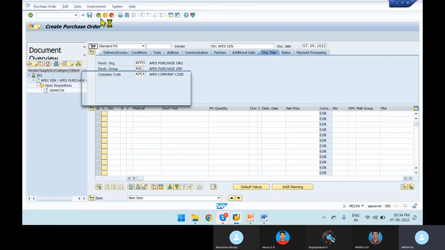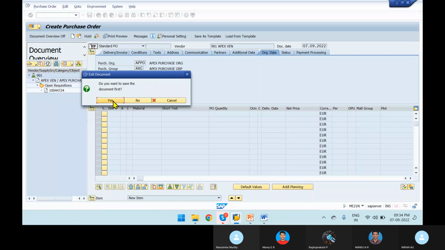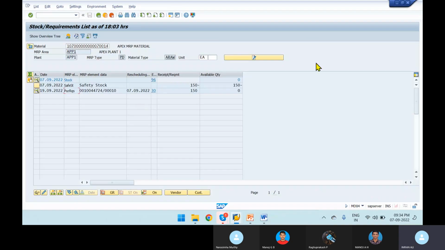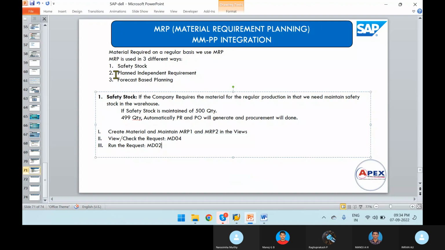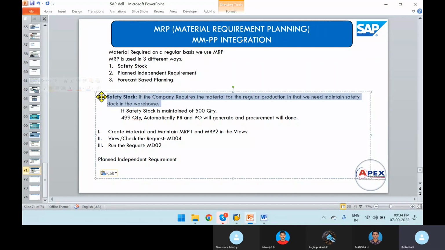Okay, any doubts? So how to maintain safety stock and how to create it? This is very important. All of you got it now, how to view and how to run the request. So next we'll go. Okay. Next we'll see